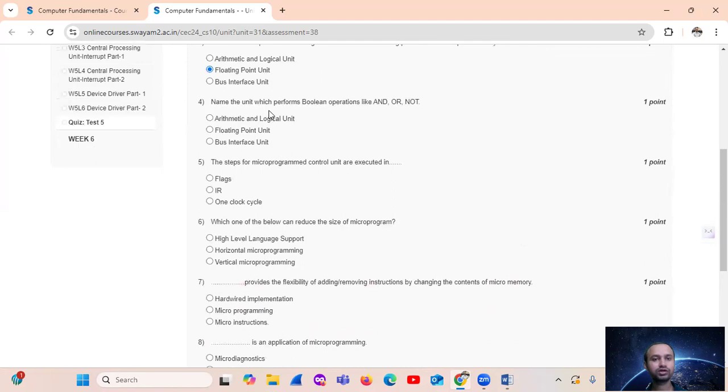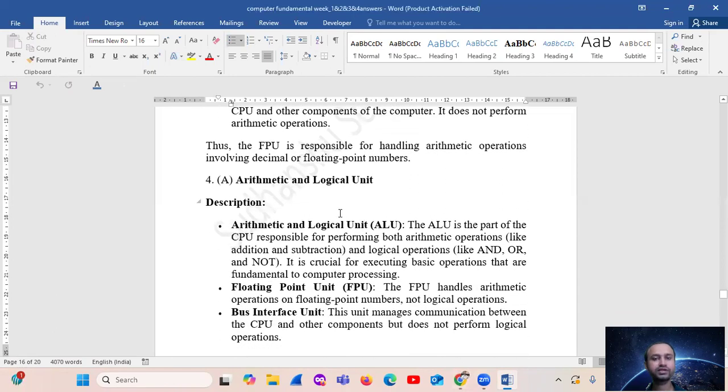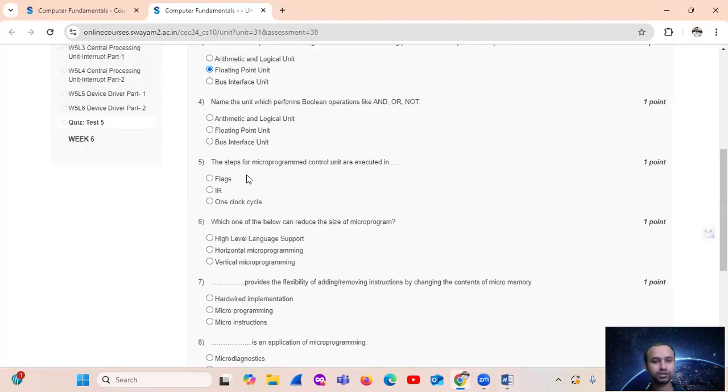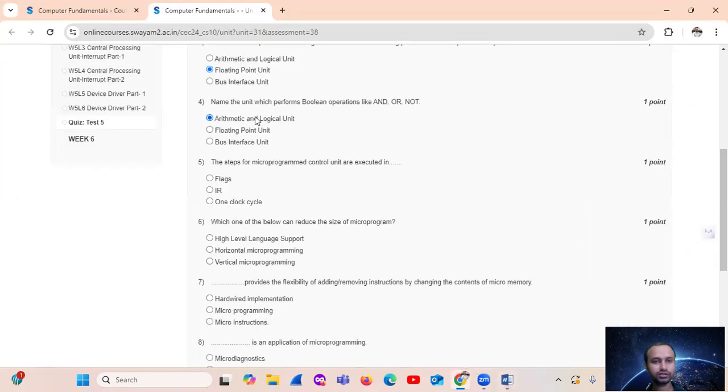Question number 4. Name the unit which performs Boolean operations like AND, OR, NOT. So इसका आंसर हो जाएगा option number A, that is arithmetic and logic unit. So यहाँ पे arithmetic and logic unit, that is option number A. ऑप्शन भी सारे देख लेते हैं।